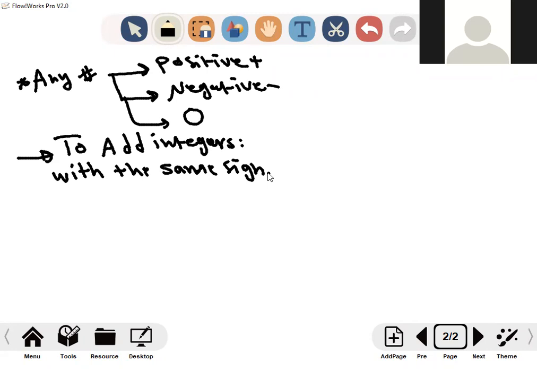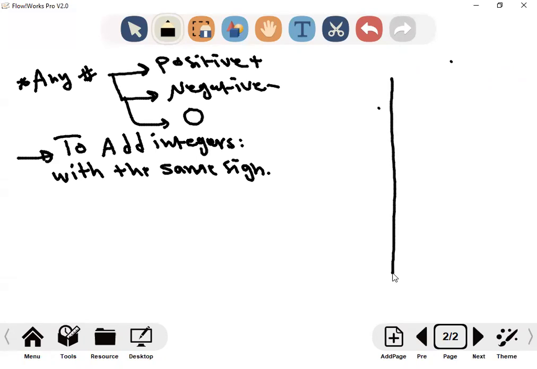Okay? Now, before we start, guys, I want to tell you something here. If we have two signs followed each other, we need to replace them with one sign. If we have two signs,